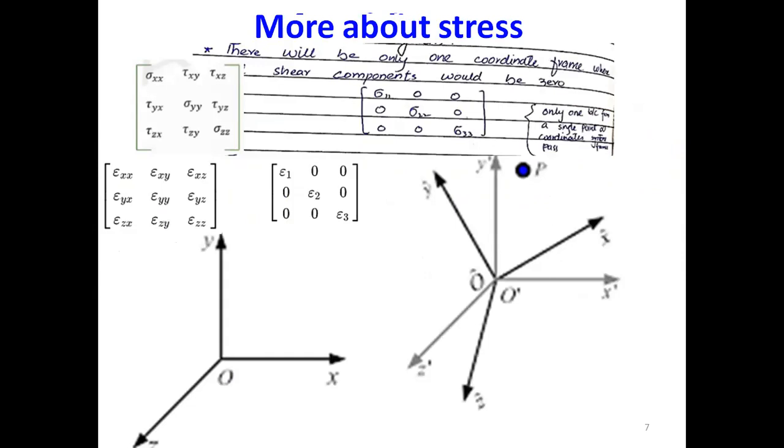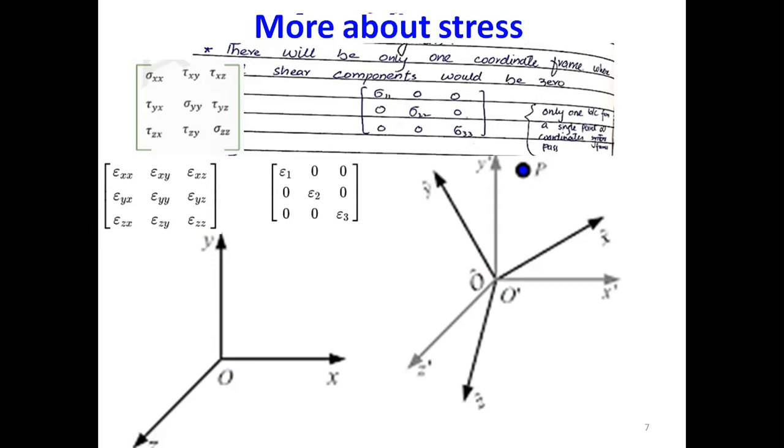Some more discussion about stress and strain. Last time we had discussed that stress and strain are actually tensors, and normally we have to define stress and strain at a point inside the material, and it would have 9 components. So normally we define the stress at 3 mutually perpendicular planes. As you see here, this is the Cartesian coordinates, and we define the stress at 3 mutually perpendicular planes, and we would have all these